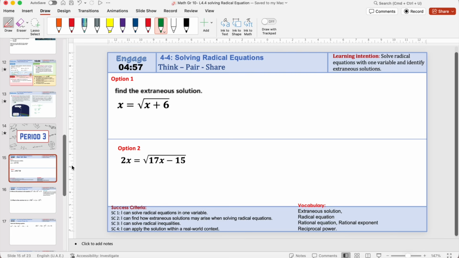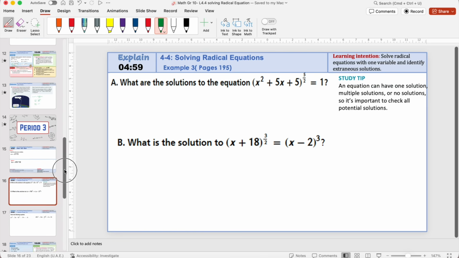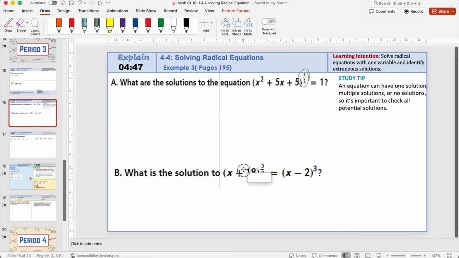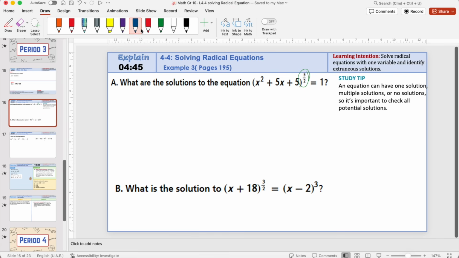Here again, same idea. Now, next idea is, what are the solutions of this equation? What if I have a rational exponent? A very nice concept here that you can use is, if you have a rational exponent, you're going to deal with it as if it's the same as roots. So step number 1, isolate your rational exponent,